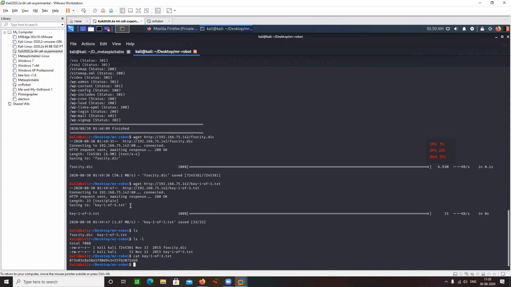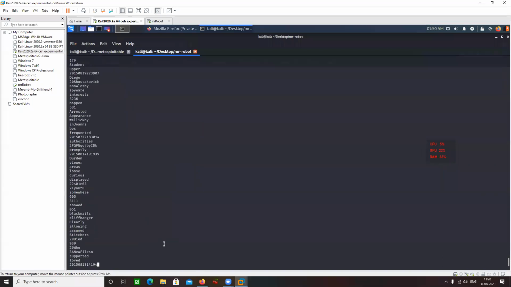So here we have got another file as well. The other file is fsociety.dic. It's a big file, as I can see here. Let's try to cat it. From this output, I can realize that it's probably some kind of a dictionary file.